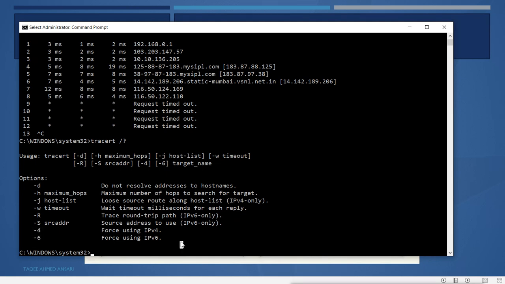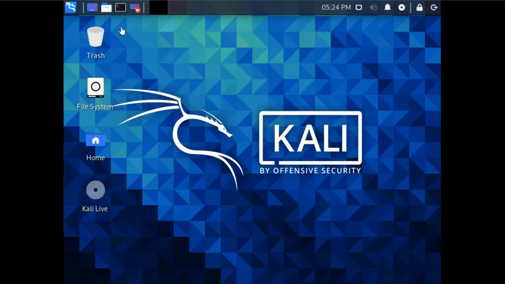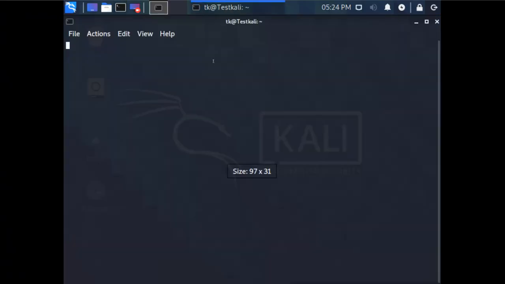Now when you do the traceroute on a Linux machine, you will get one more extra option. I will show you the extra options in our Kali machine. Kali is also Linux. The command is traceroute.